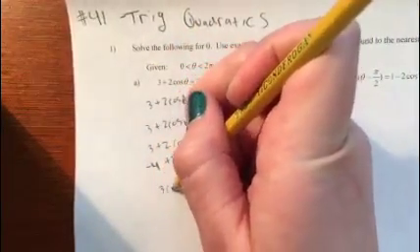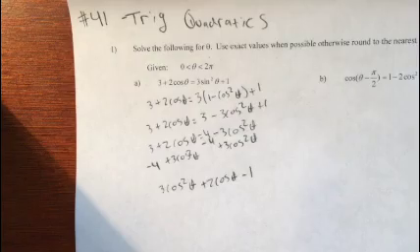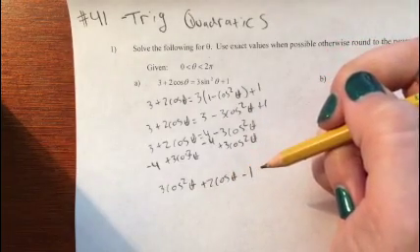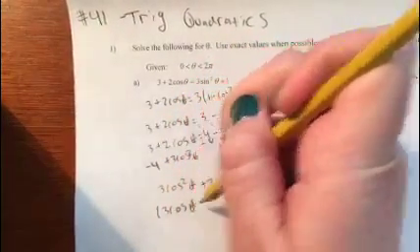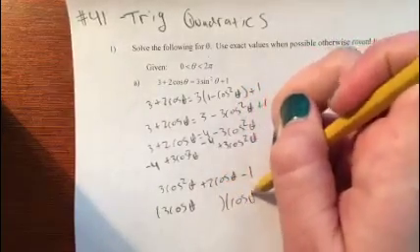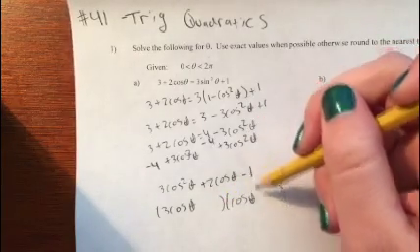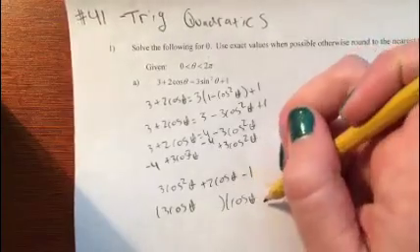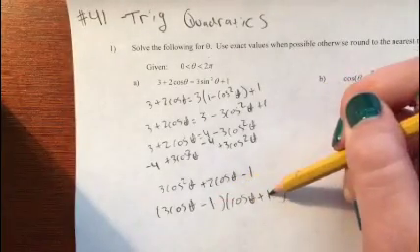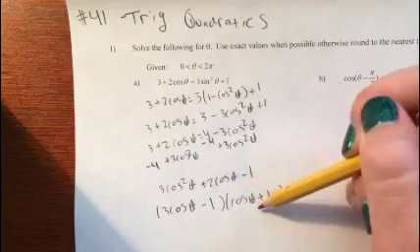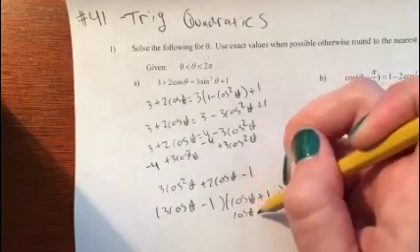Okay, so now we have 3 cosine squared plus 2 cosine minus 1. Now you just have to factor it like a regular quadratic. Instead of x's though, you have your cosines. So you have 3 cosine, cosine, and then you think, what could go in here that multiplies to -1 but adds to 2, and you could do +1, -1, just to double check. -1 times +1 is -1, and then you have 3 cosine minus cosine is 2 cosine. So there we go. And then you just set it equal to 0,